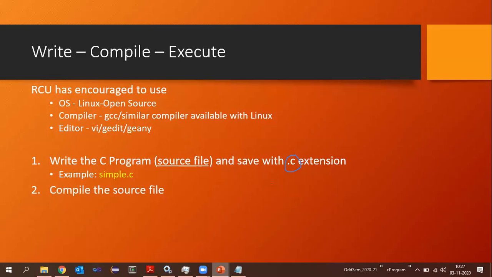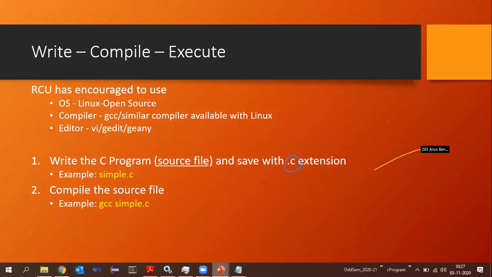Correct in the sense, are we following all the rules prescribed by the C compiler or not? In order to do that, we have to compile our source code. For example, to compile, we write a statement like gcc, a space, and then the name of the C programming file. In the example, I have taken it to be simple.c. Here, gcc is the name of the compiler used for compilation. This is how we will compile.